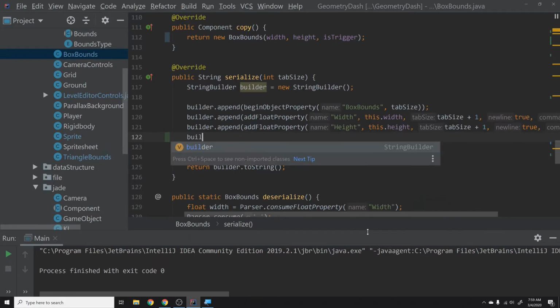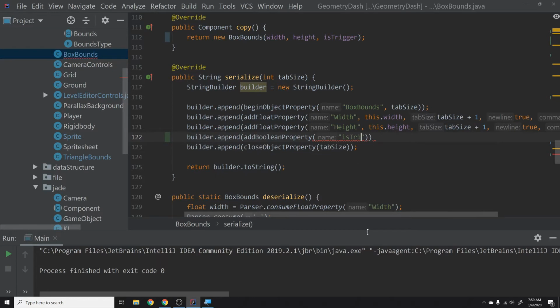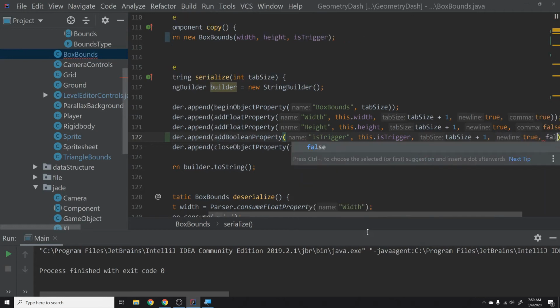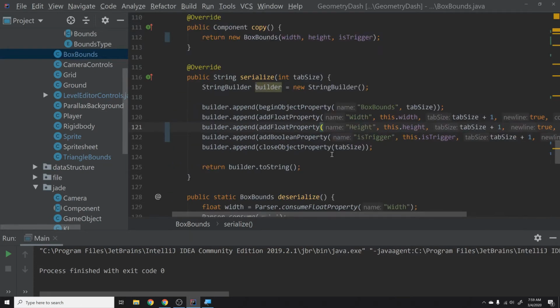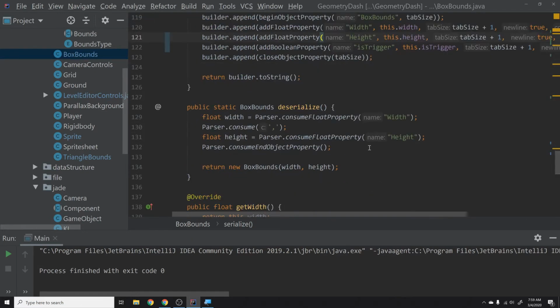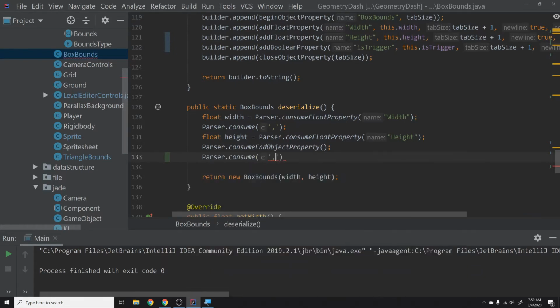So down here we'll say builder.append, add Boolean property, and this is going to be is trigger. We'll say this dot is trigger, tab size +1, new line, true, comma, false, and then go up here, change this comma to a true since we have a parameter after it. And then in our deserialize method, what we'll do is we'll just say parser.consume a comma, and we'll say